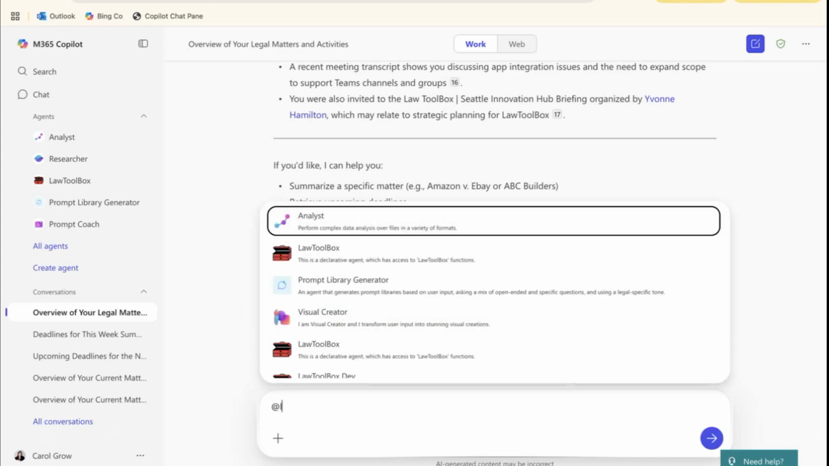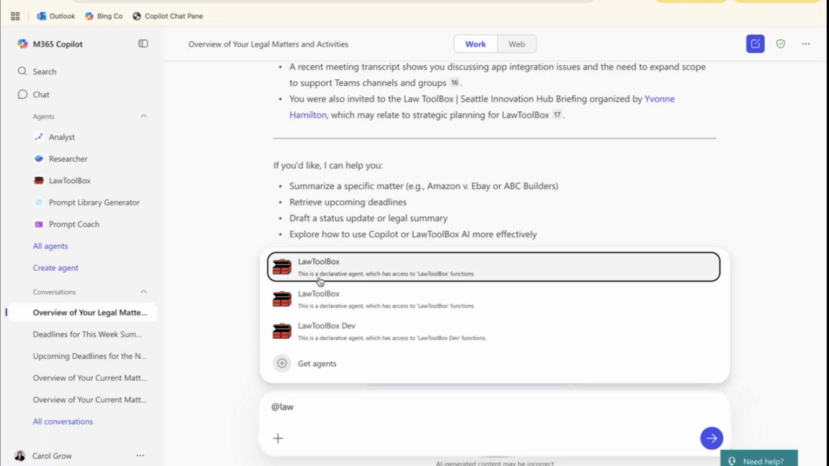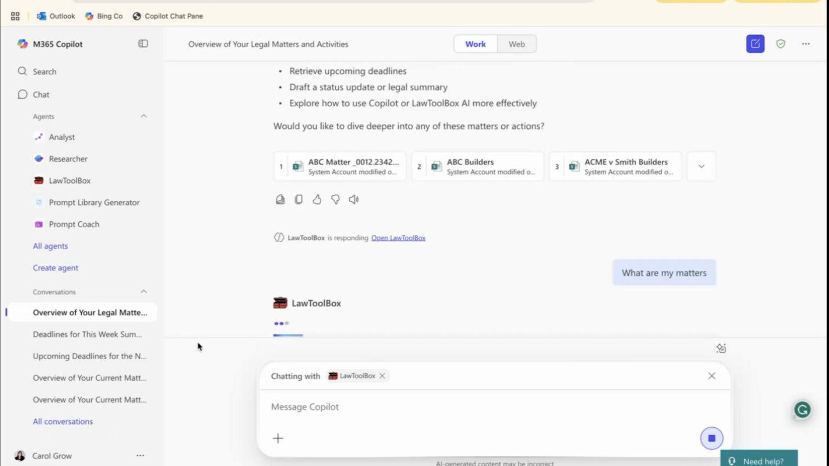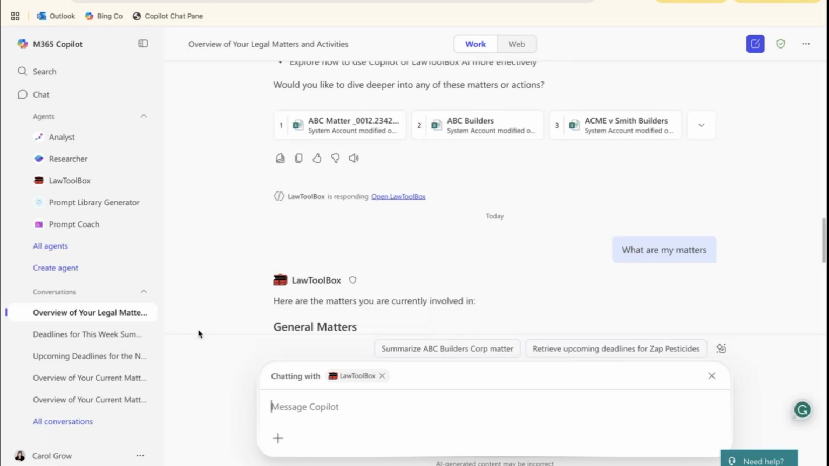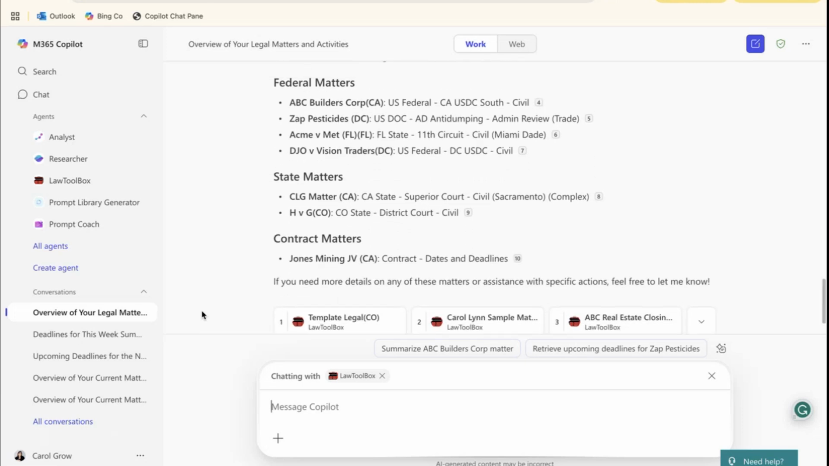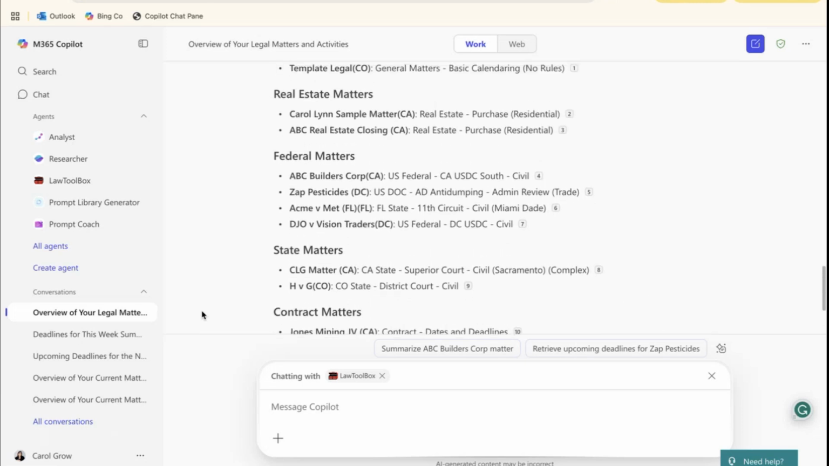Now, I am going to mention the LawToolBox agent. What this will do is focus Copilot into only reviewing the containers that are based on each matter I have created on LawToolBox and ensure that is where the results are being pulled from. Using the same "What are my matters" prompt, I can see that all of the results are directly related to